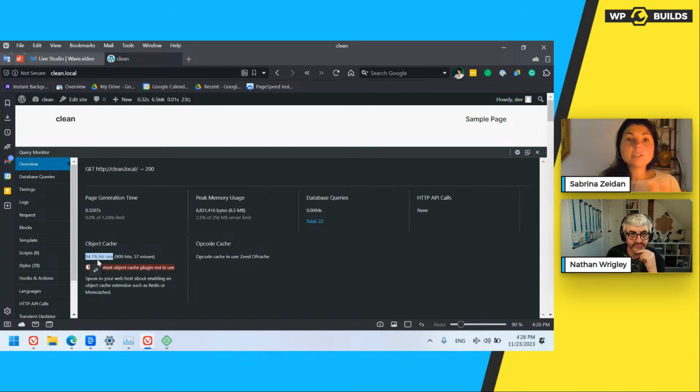So you install the Query Monitor plugin, you look at object cache. If you don't see high numbers, a high percentage of hit rate here, the easiest thing you can do is just contact your hosting provider and ask them if they can turn on object cache for you. In many hosting panels, you can do it with just one toggle in your user dashboard. Some hosting providers would do it for you, but this is something you can go to their support and ask them to do, and it will help the backend performance of your website. This is a very simple thing to do, and if this is a miss on your website, you would benefit from